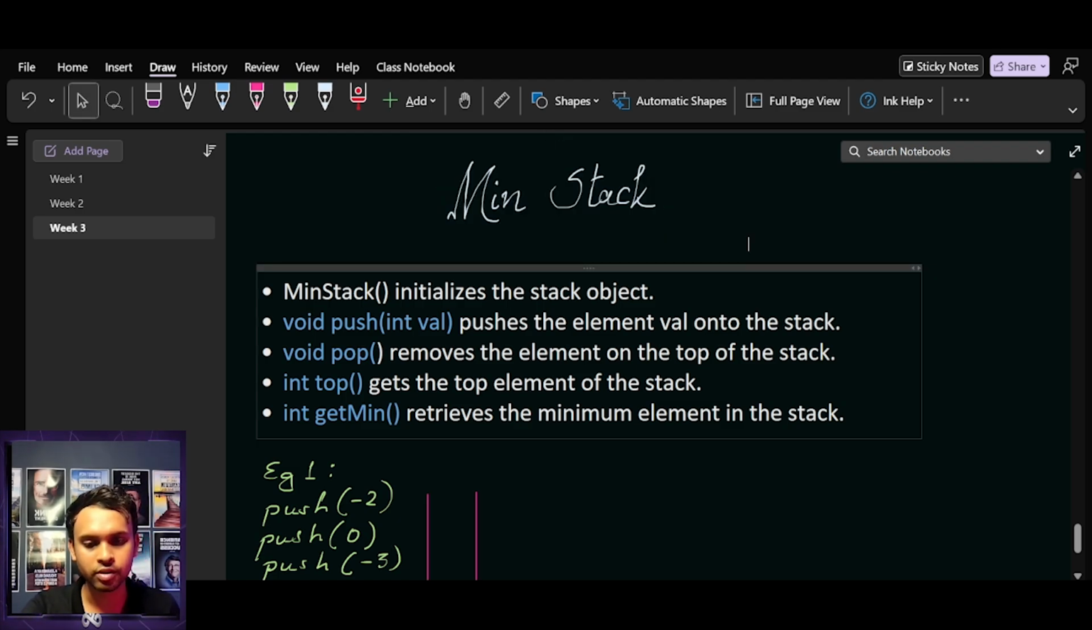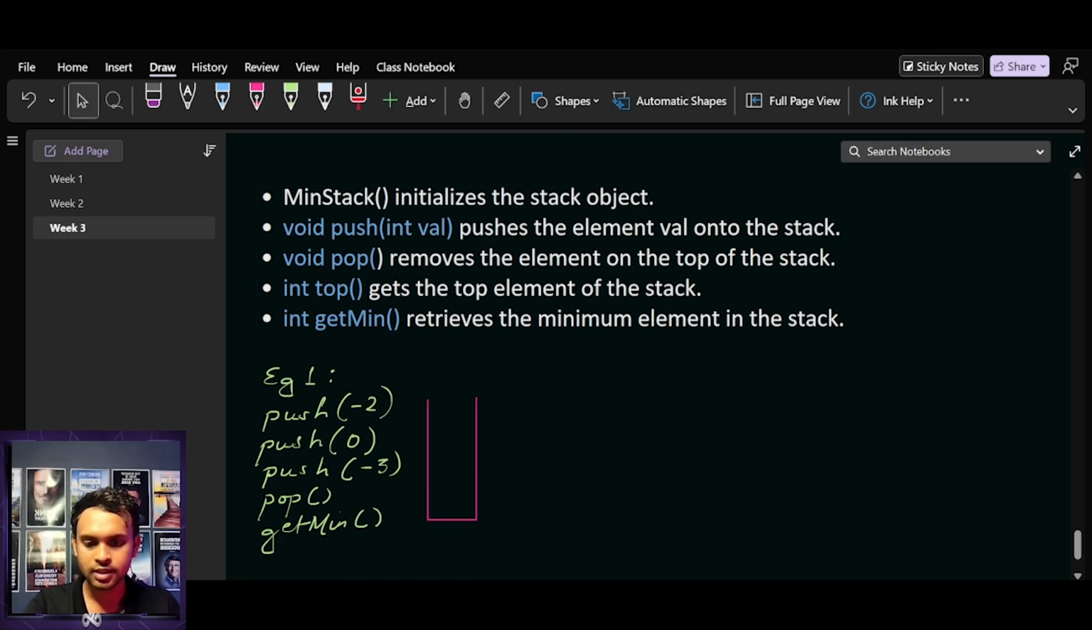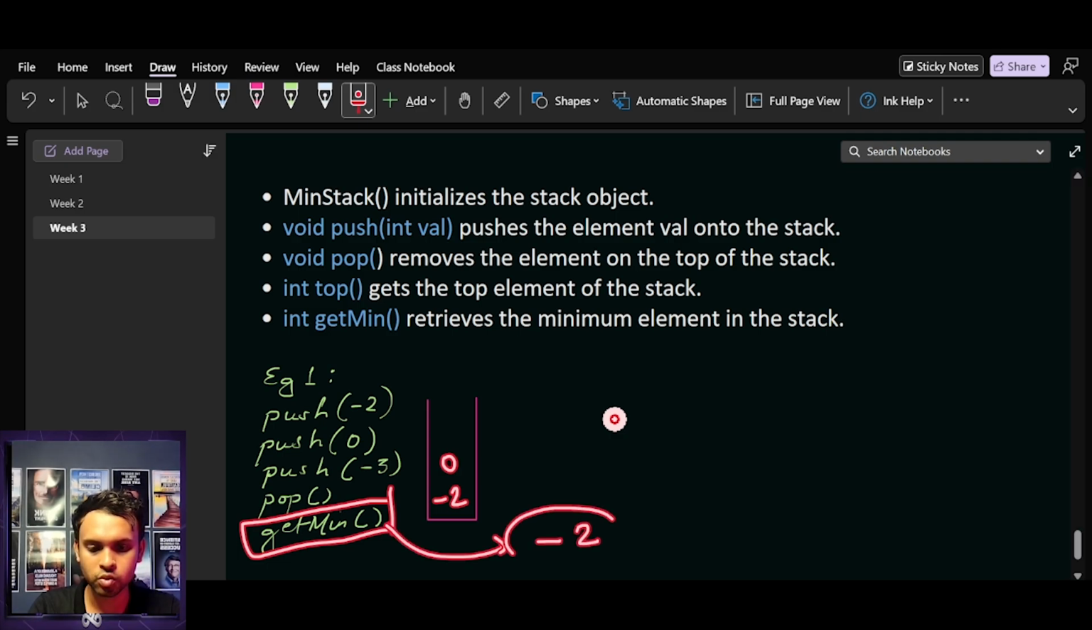That is our question. So basically, suppose in this example what we are doing is we are pushing -2. So -2 is pushed, then 0 is pushed, then -3 is pushed, and then we pop this -3. And then when we call this getMin function on our stack, there were -2 and 0. So this should return me -2 because -2 is the minimum possible element that is present in our stack,